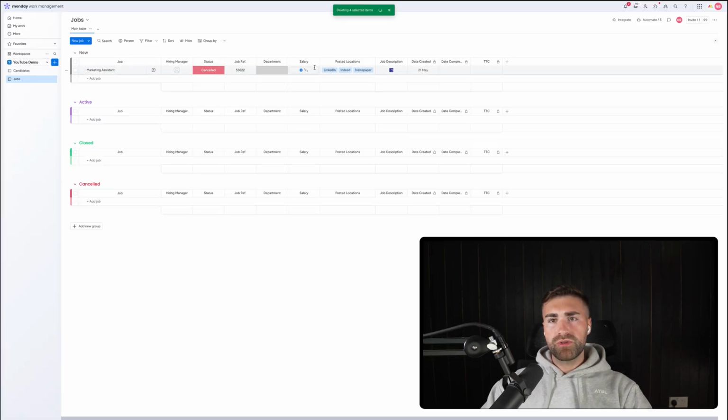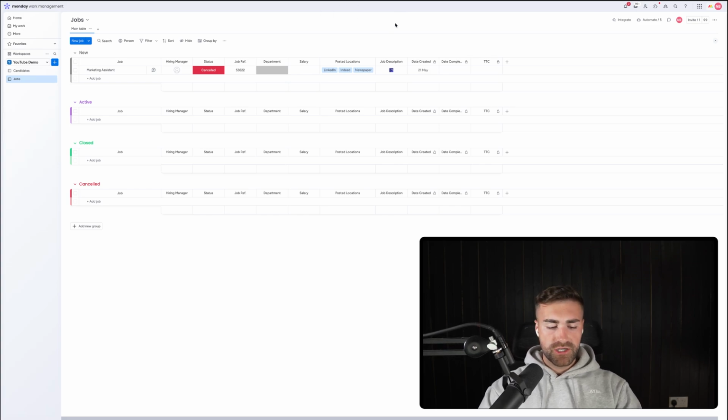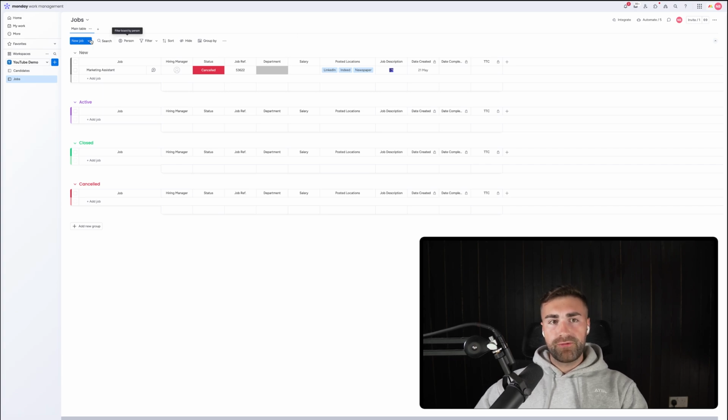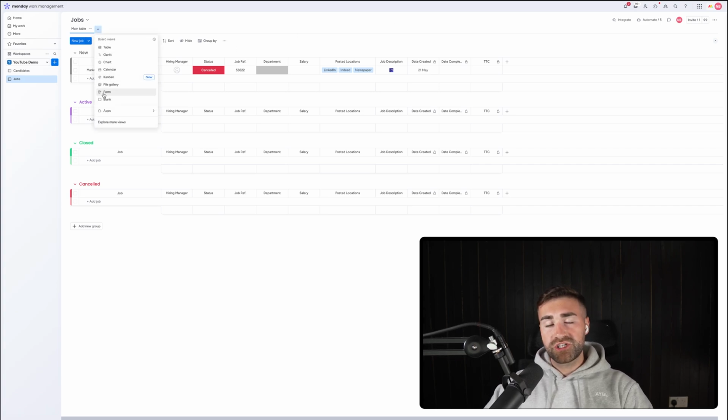And I'm sure there will be other data points that you can think of that you would manage on your jobs. So again, just to reiterate, I want to be super clear here. Jobs is for tracking job related information, such as the salary, such as the department in which it is for. You can create a form by pressing the plus button at the top left hand corner, create a new form that you can share